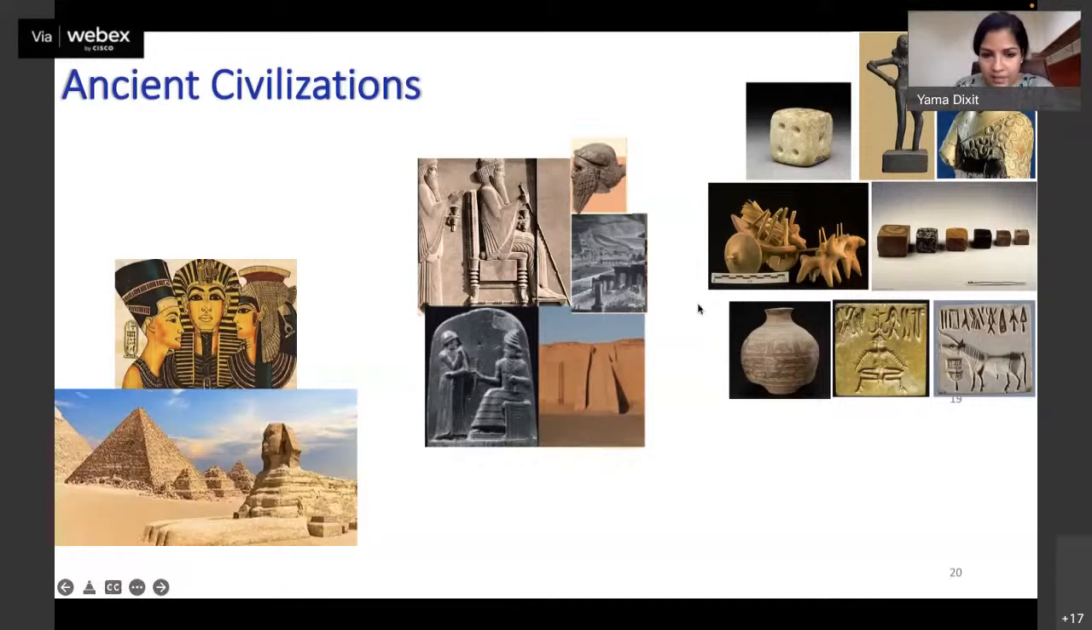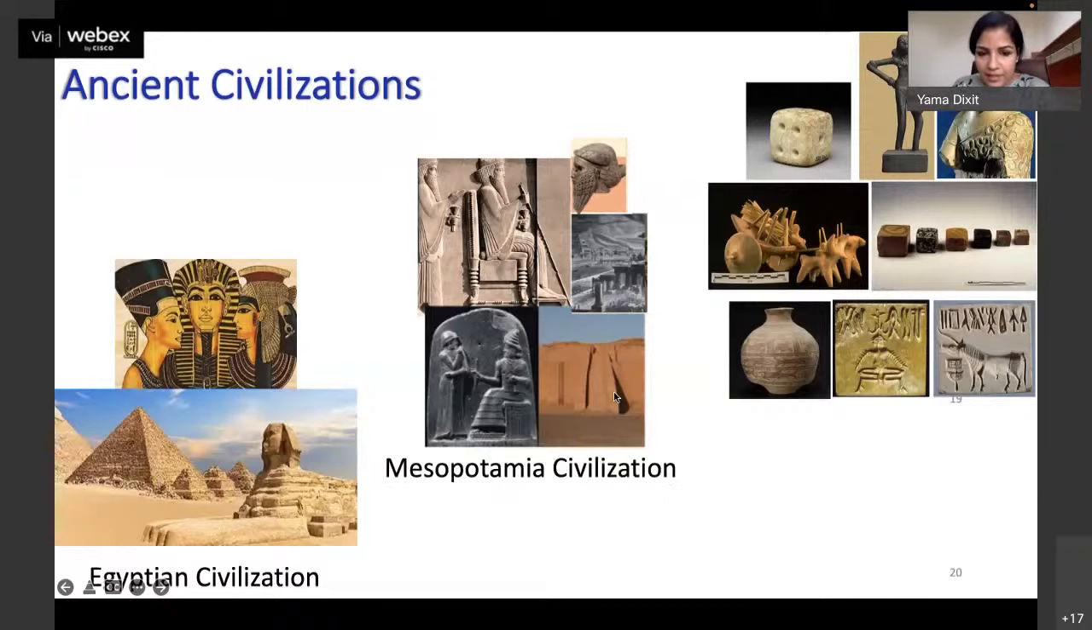If there was a poll, I would have asked you to guess, but I'll just tell you the answer. The first one are the Egyptian pyramids. You might have heard of Cleopatra, the queen, and these are the pyramids in Egypt. These sculptures and artifacts belong to the Mesopotamian civilization, and this one is closer to us, somewhere on the borders of present-day India and Pakistan, in northwest India. These are from what is called the Indus Valley civilization,